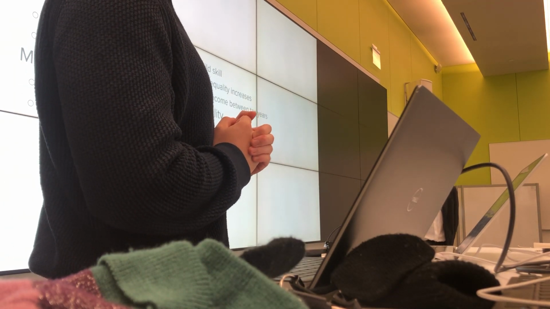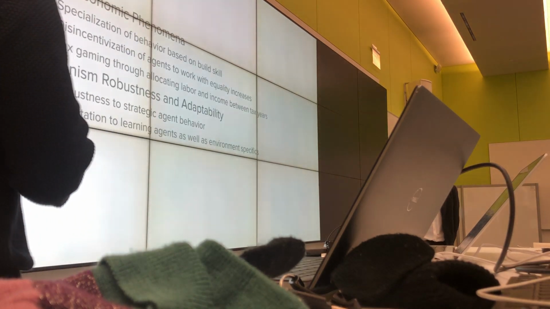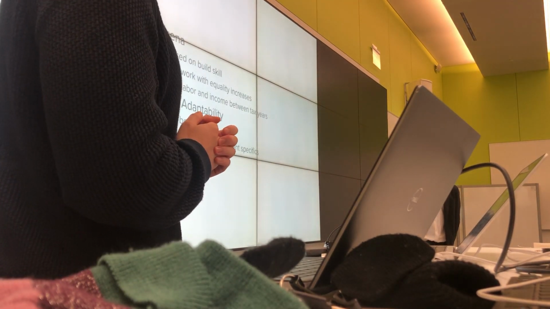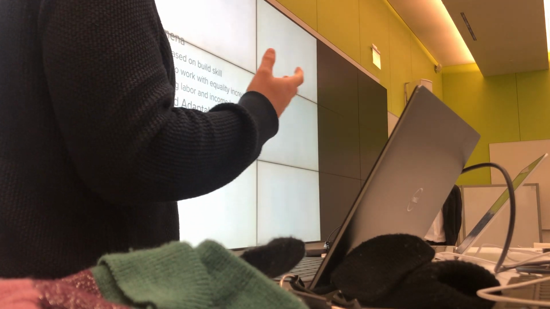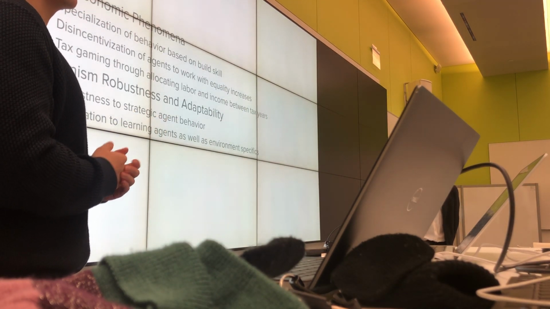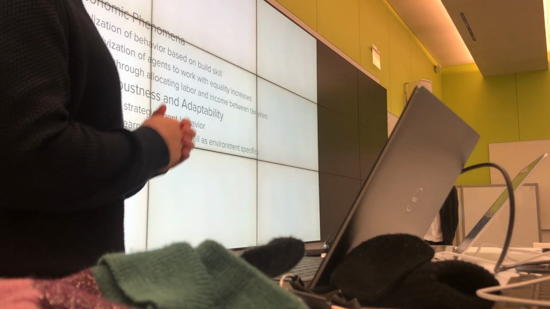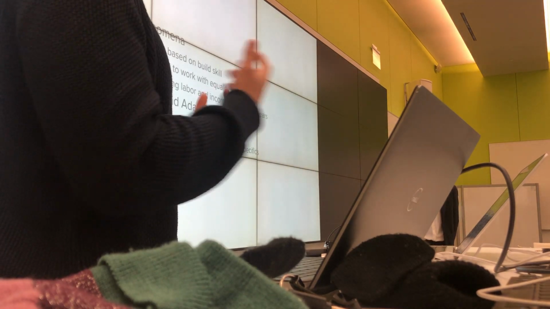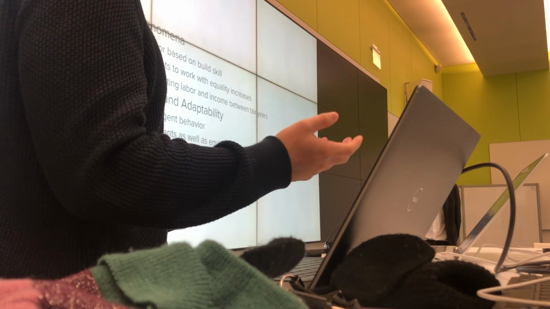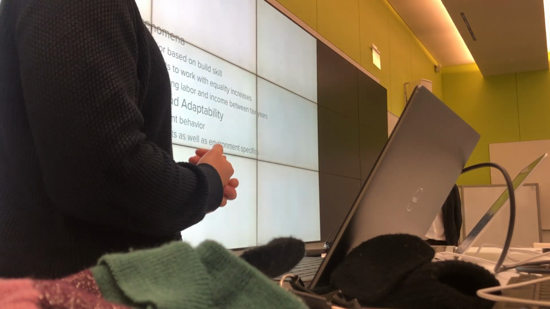The first one I think is specialization. We'll touch on this by going through the plots in the paper in the next few slides, but because agents have this private quantity of their own build skill, we see over time that agents with high build skill tend to become builders, versus agents with low build skill become gatherers and just gather resources to sell on the market.